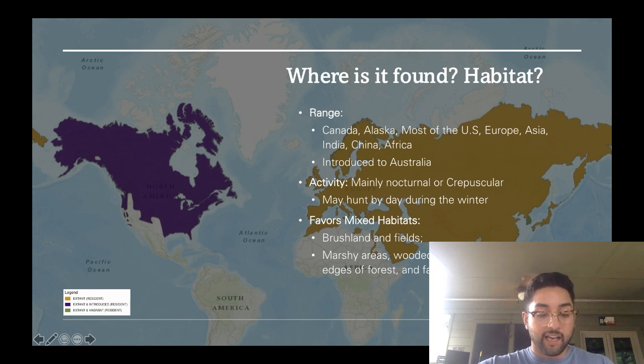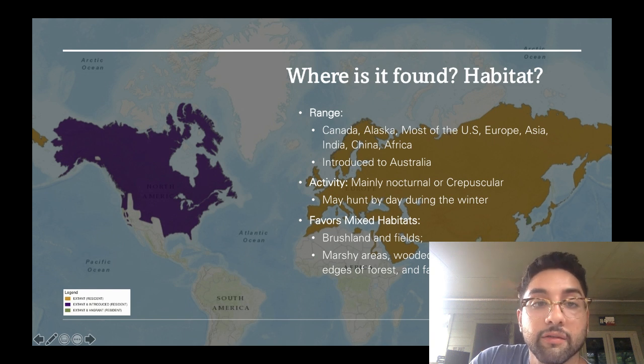As for their habits and habitats, they're primarily nocturnal or crepuscular, but many are seen hunting during the day during the winter, which is an exception. Red foxes prefer mixed habitats, including brushland fields, forest edges, farmland edges, marshy areas, and even woodland ravines and